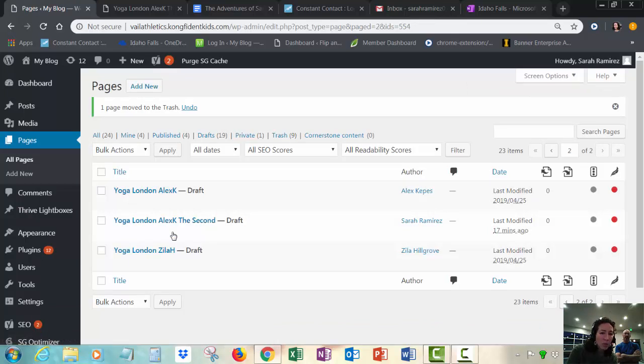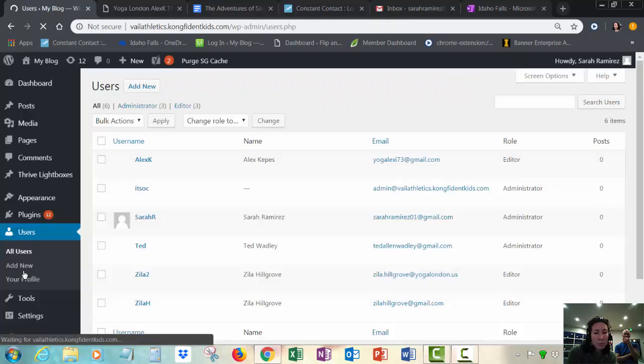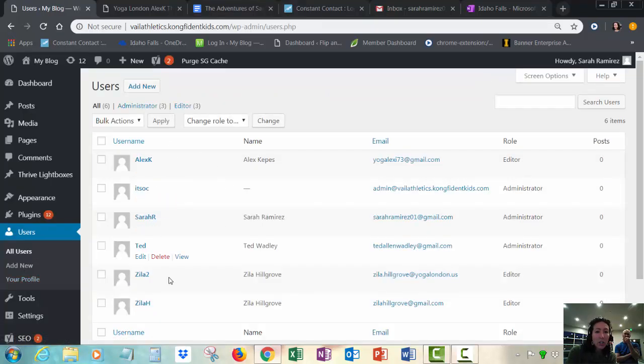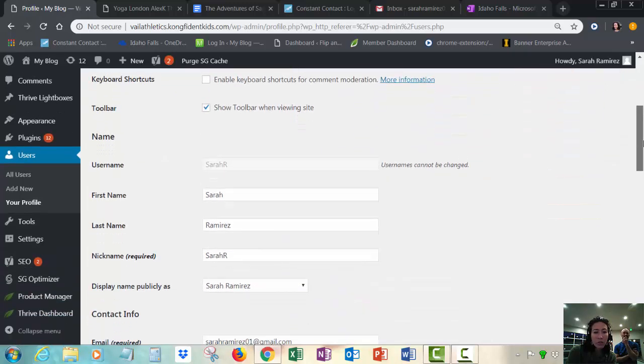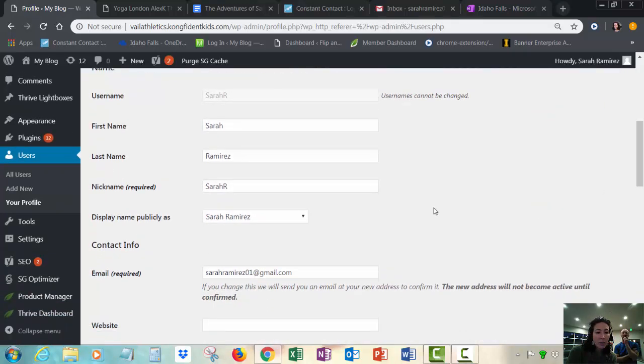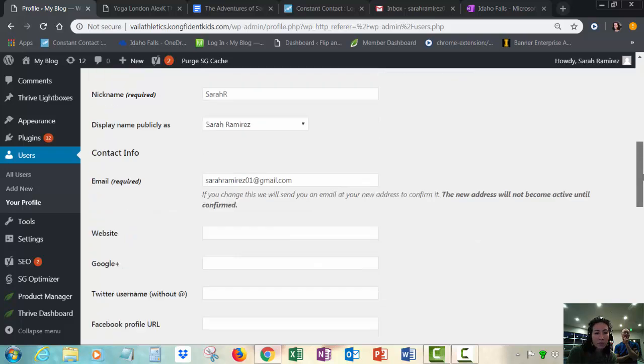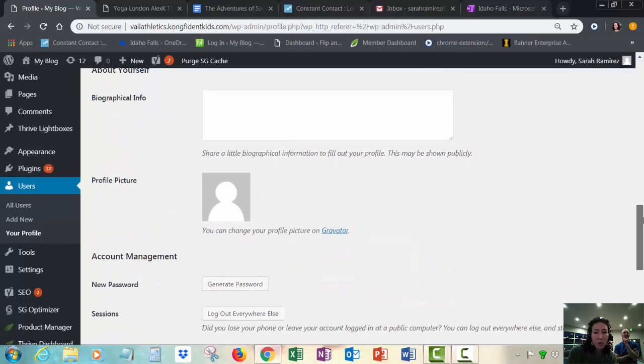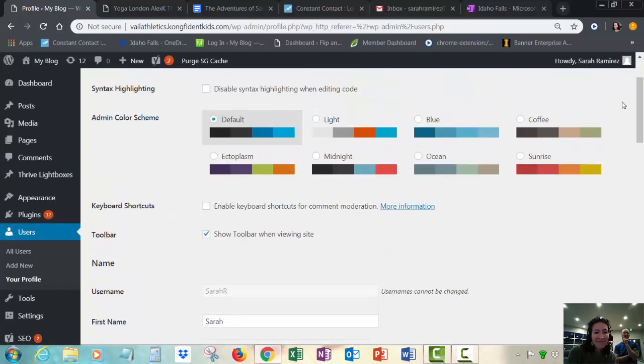So within WordPress, we have several types of users. We go to the users, and we'll see all of the user accounts or profiles that exist. We're going to click on mine. And if we scroll down just a little bit, we get to see which role